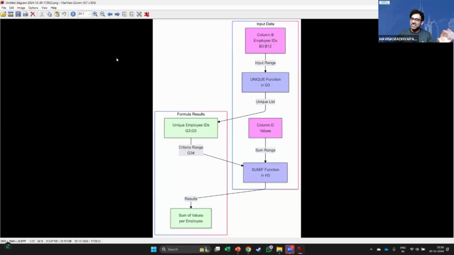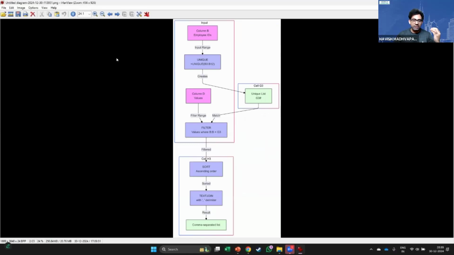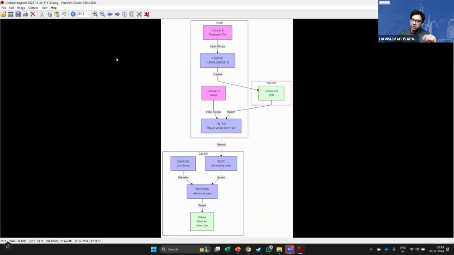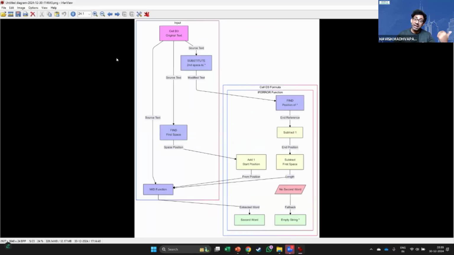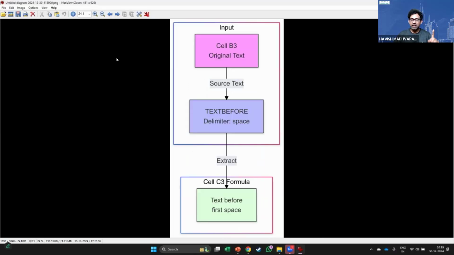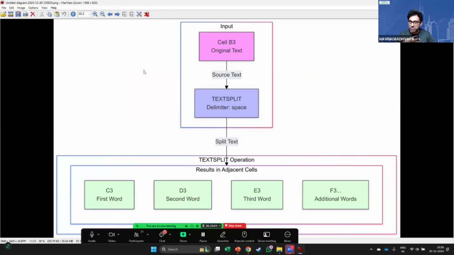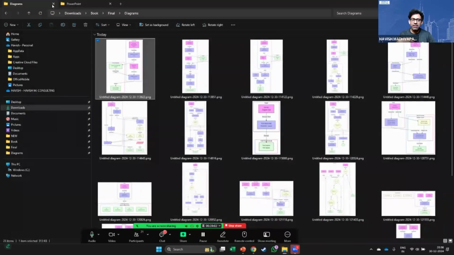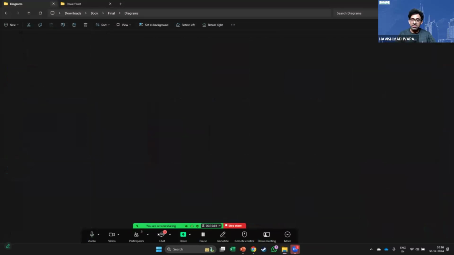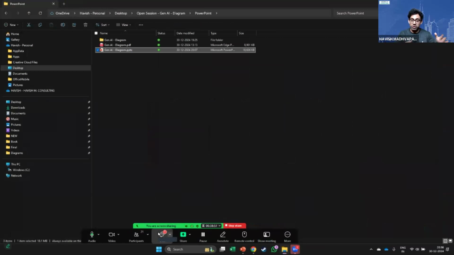So these are all Excel formulas, really complicated, long Excel formulas with lambdas, dynamic arrays, LET functions, etc. And do you see what I'm doing? I'm converting all my Excel formulas into diagrams, right? This is such a practical way. It helps me as an instructor, as a consultant, and it obviously helps the client because they're able to read it, not just look at the formula, but understand what is happening in a workflow format.